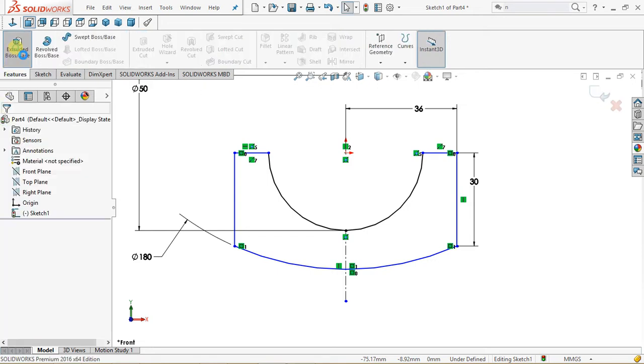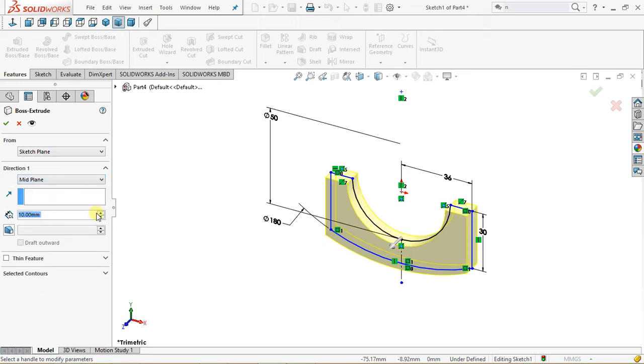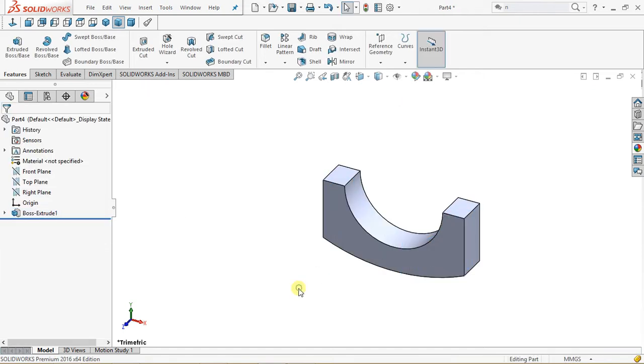Say okay, feature, extruded boss base, end condition mid plane. I want to extrude it by 15. Okay, endeavor to select your unit before you start sketching. My unit, the default unit, is the one I'm using. That's millimeter gram second. You can have it here. Okay, now